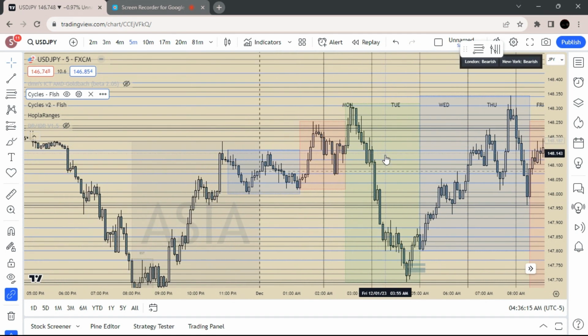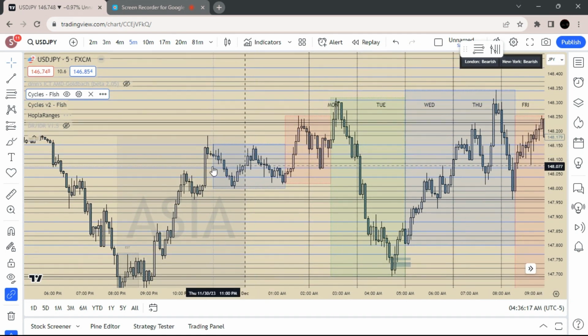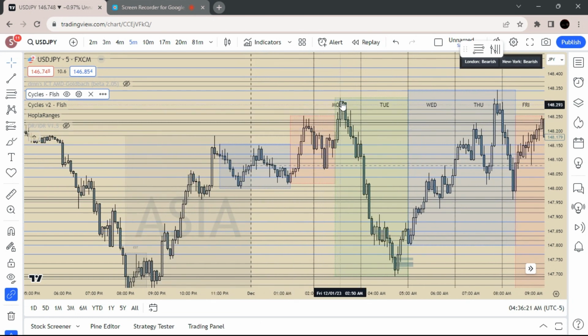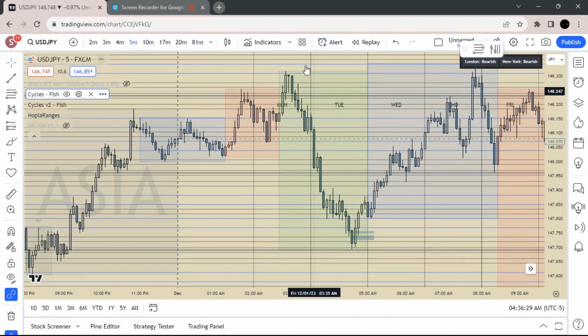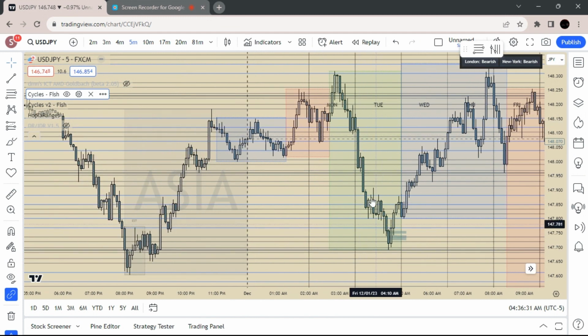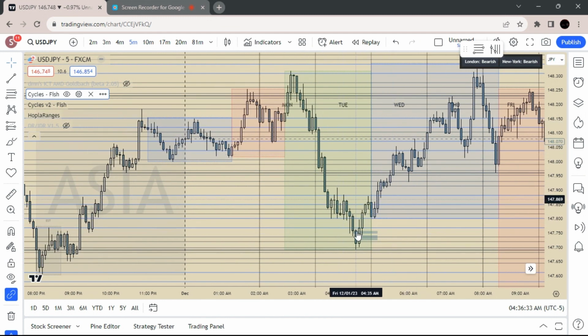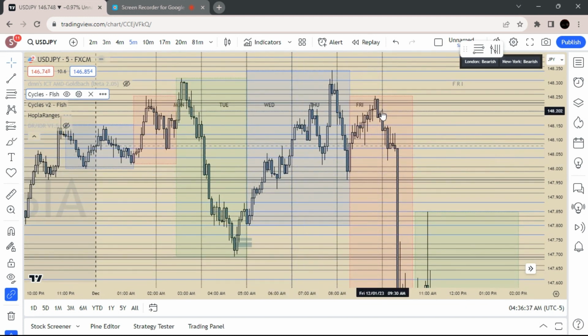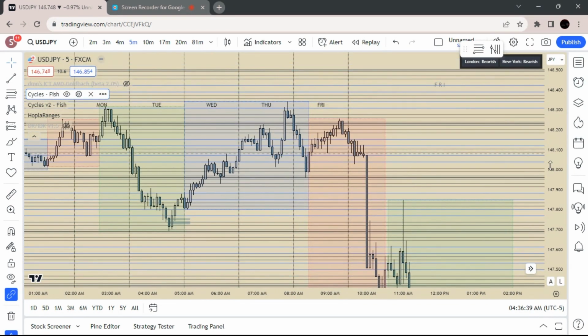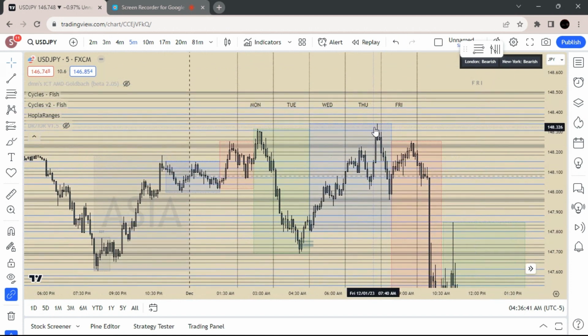within our manipulation session. Because manipulation for Goldbach runs 11 p.m. to 5 a.m. So this candle took out a high from our manipulation fractal session into that breaker area, and then come Tuesday cycle, that low is made, and then that low holds until the Friday cycle's over, and then